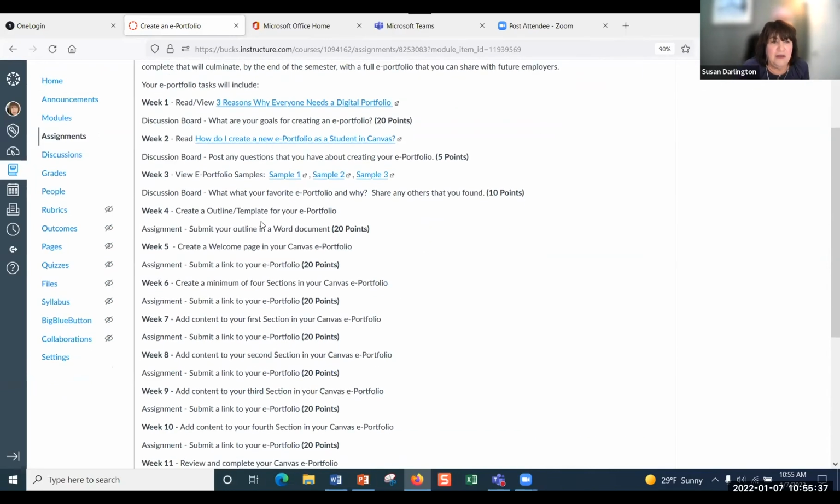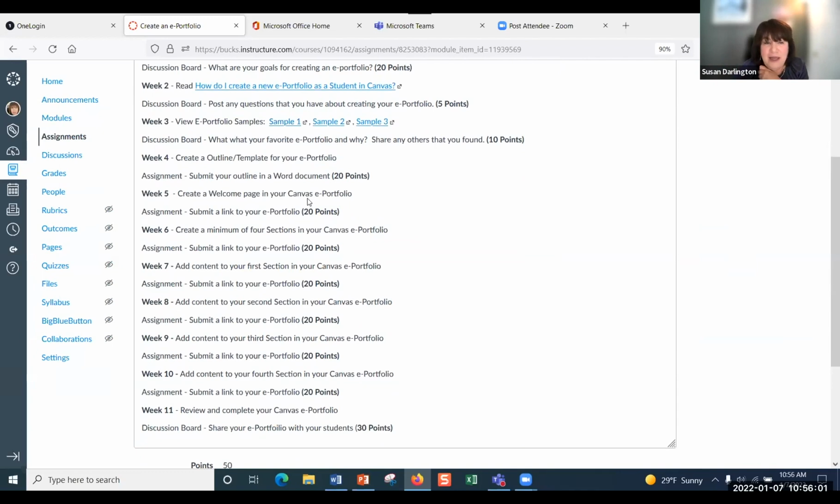Okay. Then they'll create an outline for their ePortfolio. You never just want to start doing something on a computer visually. You want to always do a storyboard or something on paper that allows you to look at it before you actually start entering and typing. You don't have to redo work that way, typically.